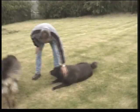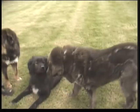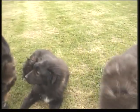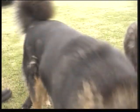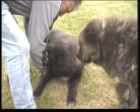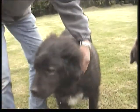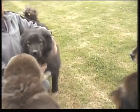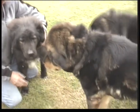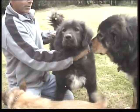Just stand up, Daddy. You haven't got a collar on, have you? Stand up, baby. Just stand up so they can all see you. Stand up. That's a good girl. Right, Tibetan Chila. We'll get these other dogs out of the way. So,